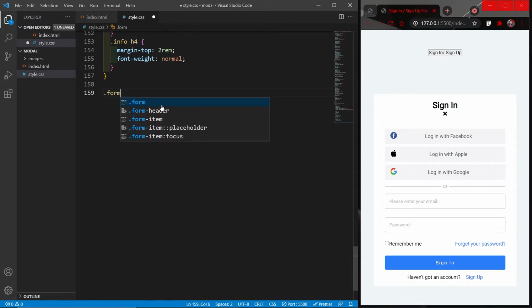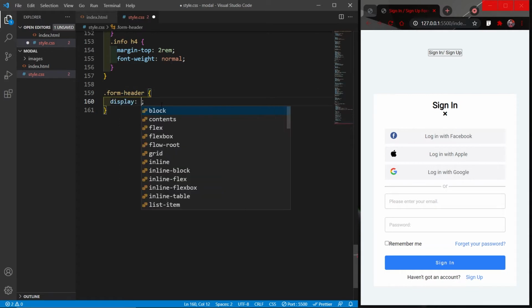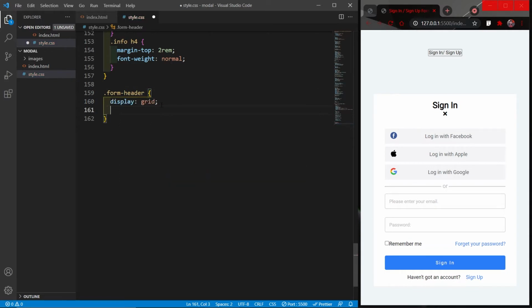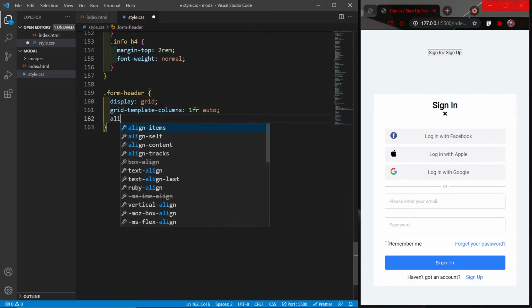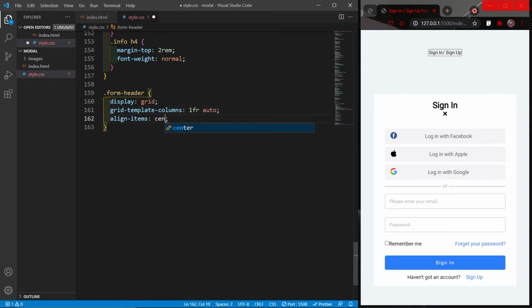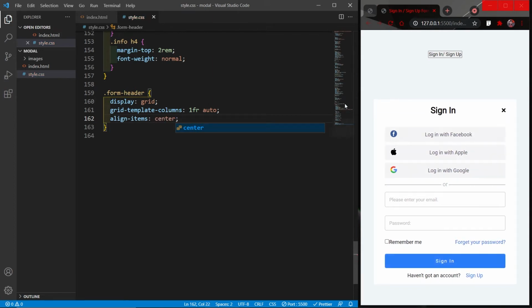First I'll select my form header, give it a display of grid. Grid template columns will be, first one 1fr, second one auto. Align items will be center. And if I save, we can see our close button moves right to the right of the screen.